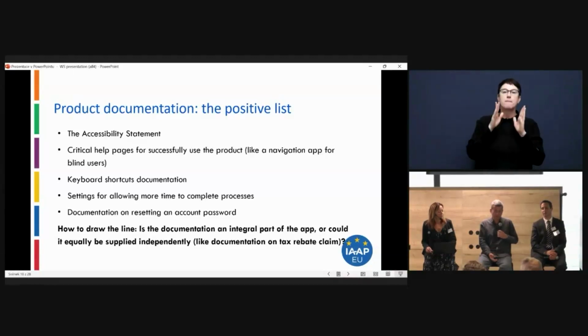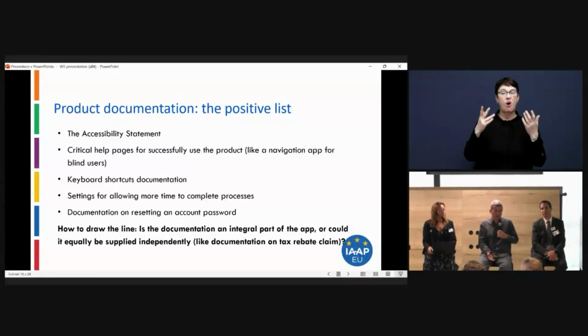Keyboard shortcuts, also setting time, extending the time available to complete processes would be an interesting one. Or documentation on resetting an account password. Even though that is not an accessibility feature, it would count as product documentation.